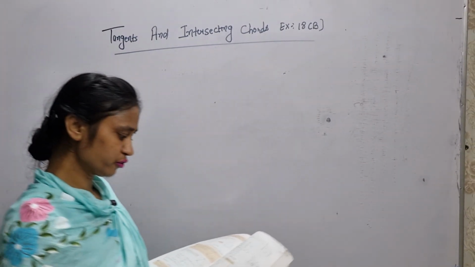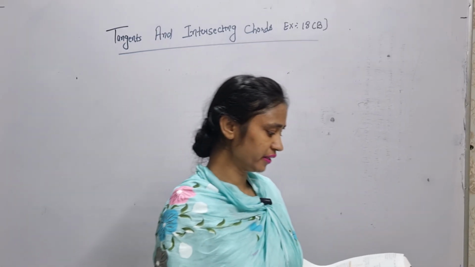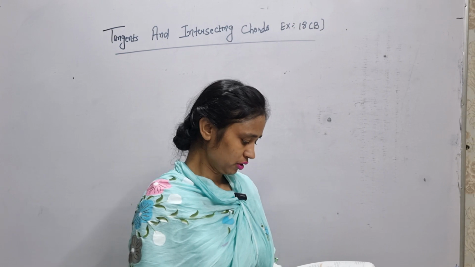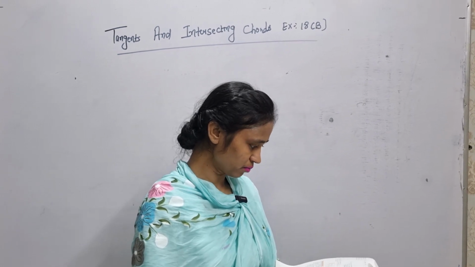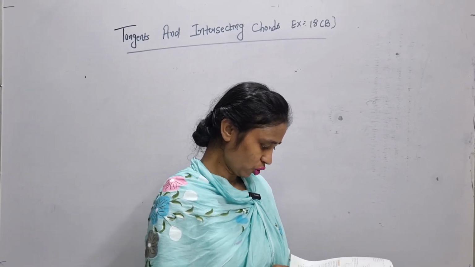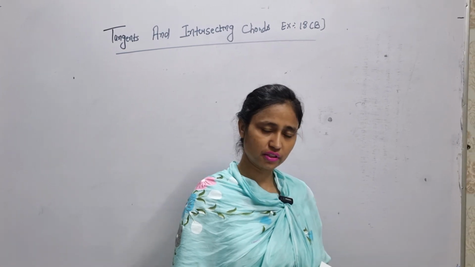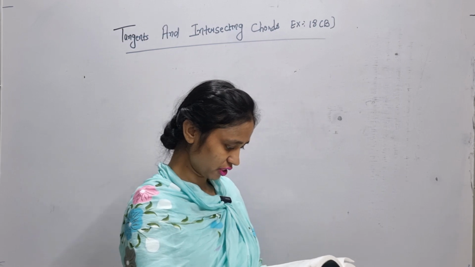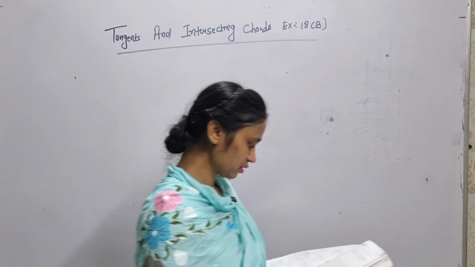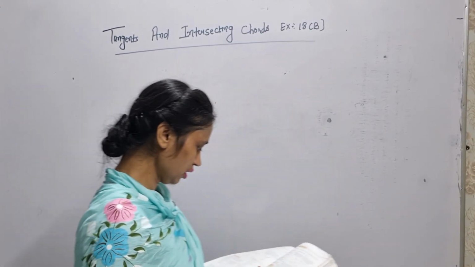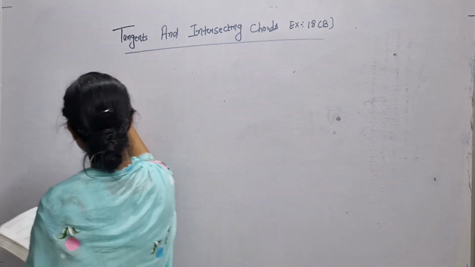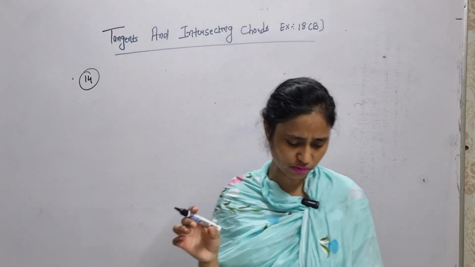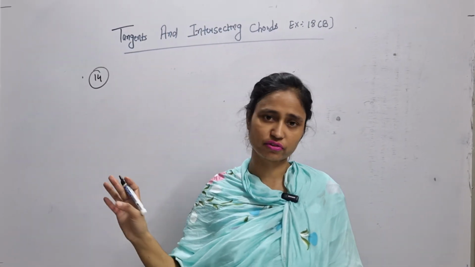I have already told you, first I'm solving the find something type of sums, finding some length of the chord or angle. Okay, I will calculate something. These type of sums I am solving first. After that I will discuss or prove that type of sums. So the next find-something sum is the 14th sum that I am going to solve, in between all the prove-that type of sums. After finishing this I will start with the prove-that type of sums.